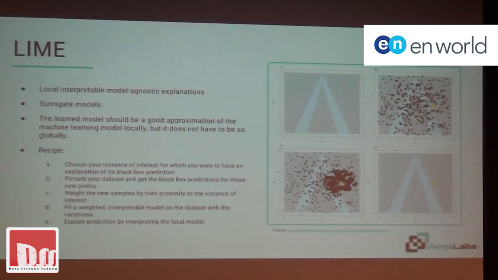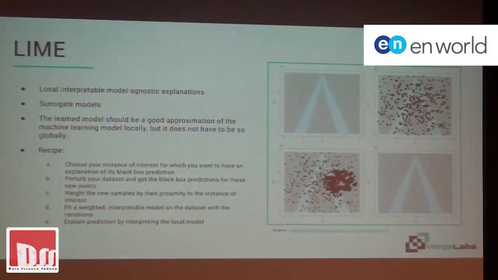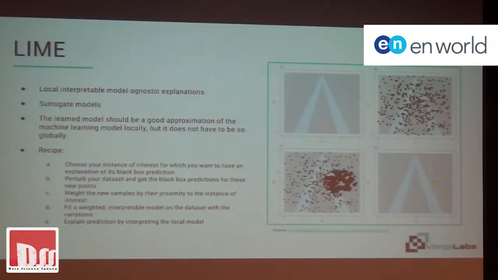To interpret it, what it'll do is generate, as you can see in panel B there, a whole lot of random points around that. It doesn't restrict itself just to the points in the model, because there are quite a lot of issues with that; you bring in a bias. So it's generated all these points, but then in panel C you can see it's weighted them around the specific data point in question. Then it builds a nice little linear model to capture that relationship. So you can see it's built a little classifier for that data point. What that allows you to do is something like sensitivity analysis and see what the effect of that is at that point in the model.